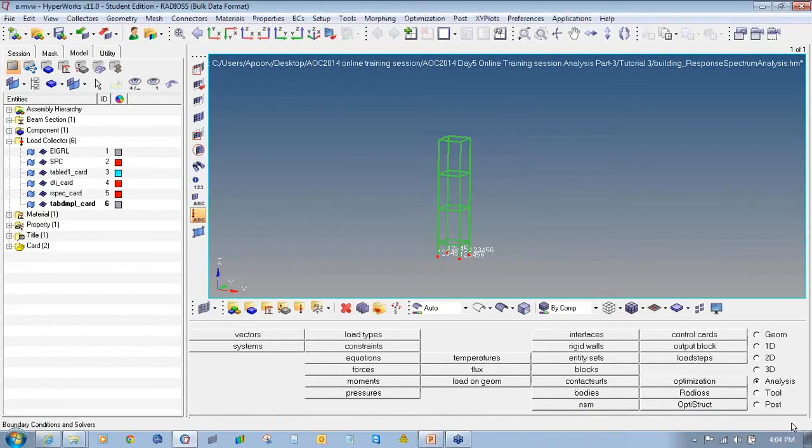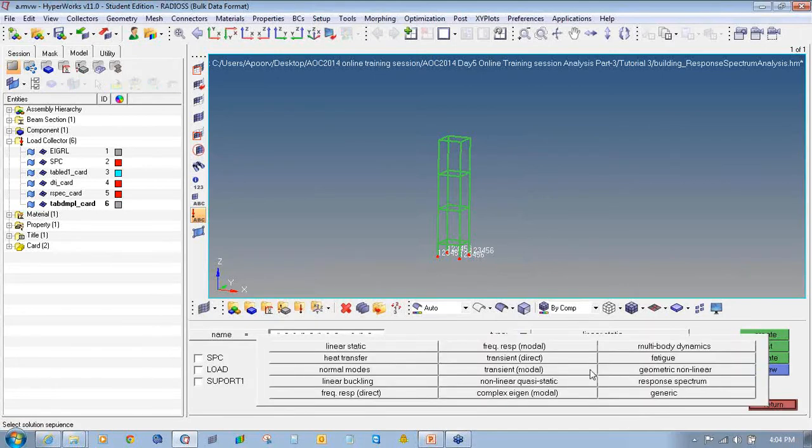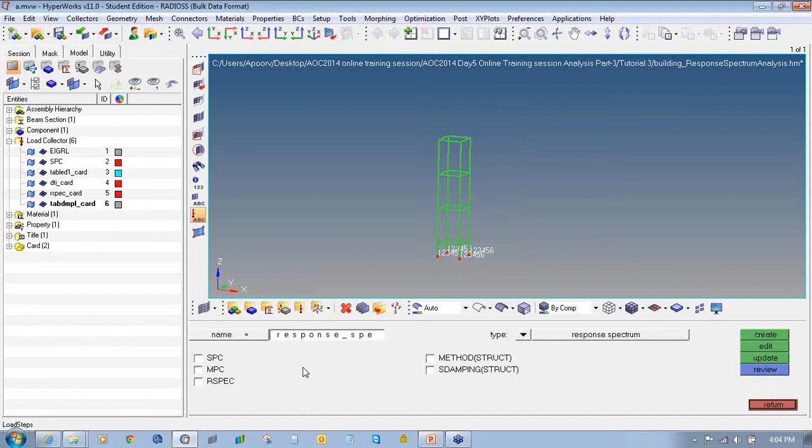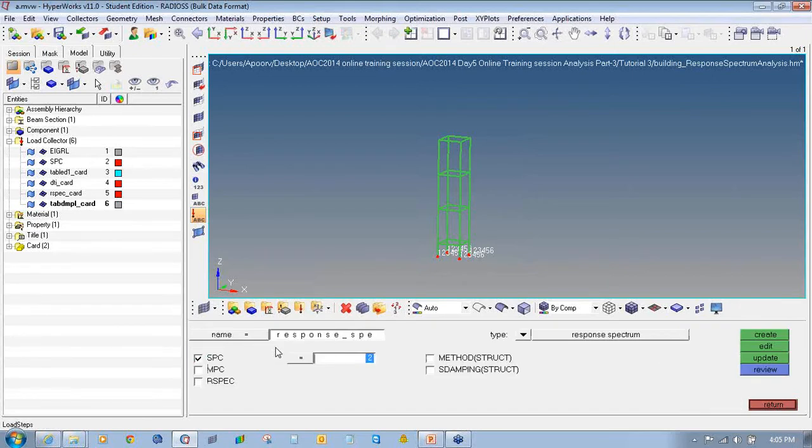Now we will define the response spectrum analysis load step. So I will go to analysis, load step, enter the load step name as RESPON, response spectrum, select the type as response spectrum, check the box in front of SPC and select SPC. Check the box in front of RSPEC and select the RSPEC card.